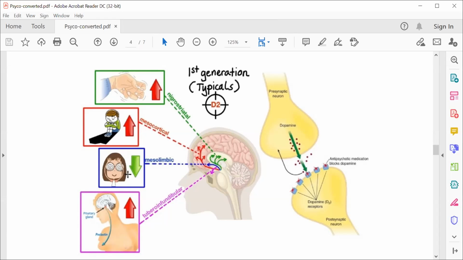Let's start with the mesolimbic pathway. We said that antipsychotics block the D2 receptor. So when I block the D2 receptor, it's like I decrease the dopamine level in the brain. I don't decrease it, but what happens? When I block the receptor, the dopamine cannot work anymore on the receptor. So if we start with the first one, the mesolimbic pathway, we said that what happens in the disease is that the high level of dopamine in the mesolimbic pathway leads to,